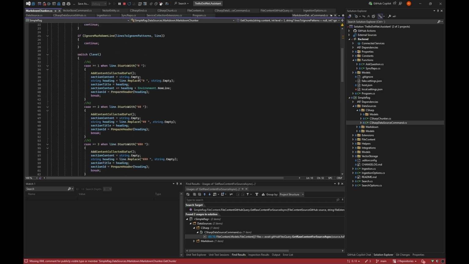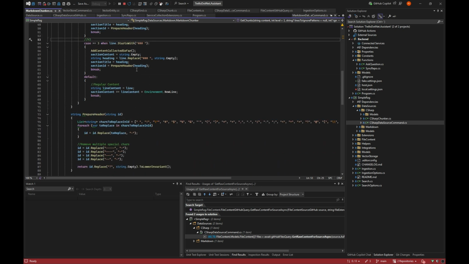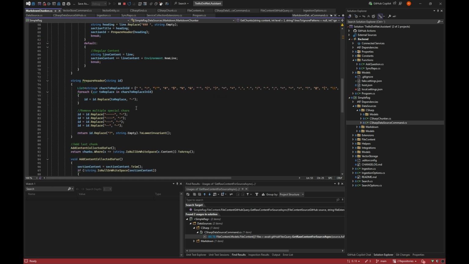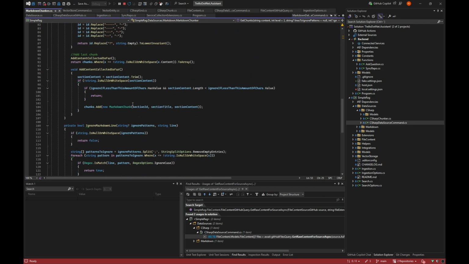In the case of Markdown, it splits by these hash symbols, H1, H2, H3, and so on, all depending on your settings. In my case, I set it to split down to the third level because that fits my data the most. And then it's just doing text manipulation.